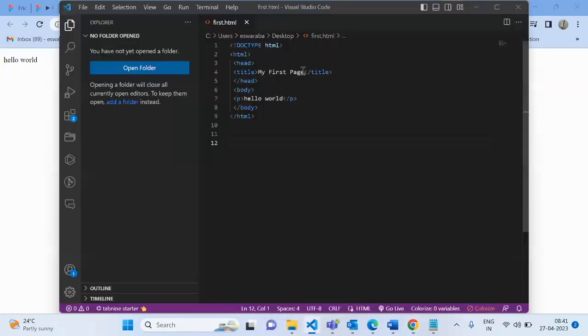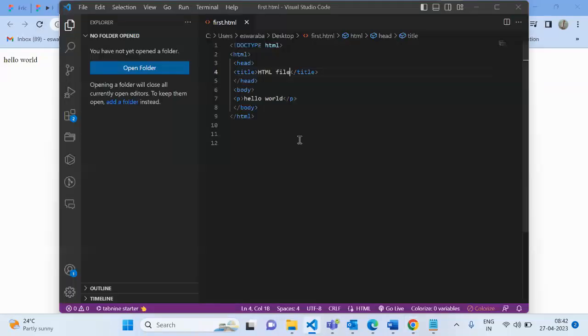For example, if I change the title here, what can the title be? Okay, HTML file. If I give the file name as HTML file and refresh, the title appears here. The title will appear here, and the hello world paragraph I gave appears too.